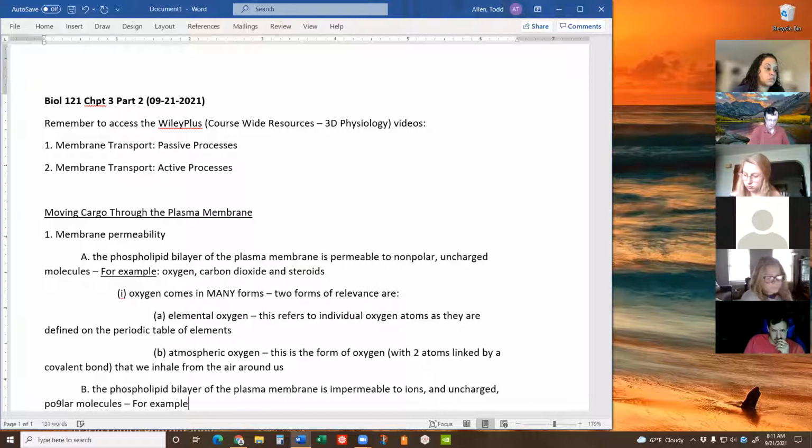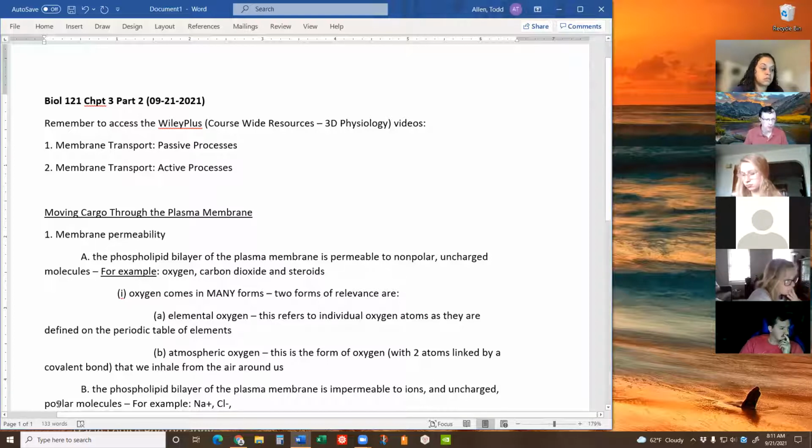For example, okay, so examples of ions would be things like sodium ions, fluoride ions. Examples of uncharged polar molecules would be things like glucose,